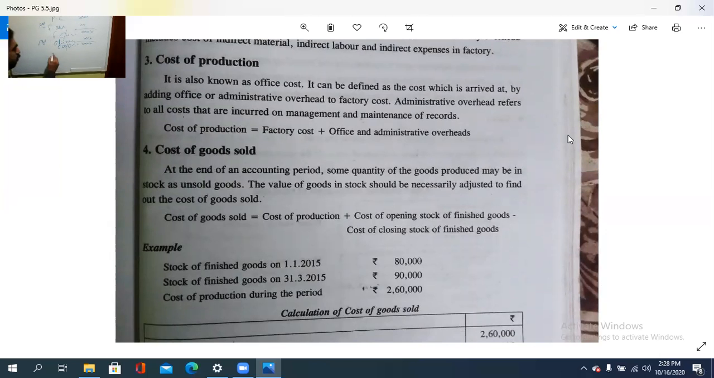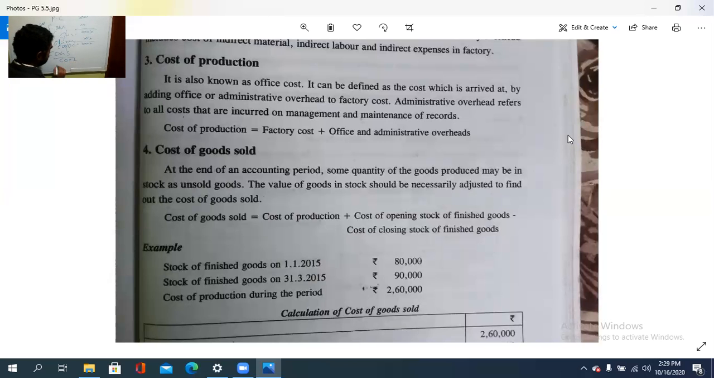Cost of goods sold, COGS. Cost of goods sold means at the end of an accounting period, some quantity of the goods produced may be in stock as unsold goods. They are kept as finished goods, unsold. That means some goods will remain unsold. If the adjustment between their opening and closing is added to COP or office cost, we will get the cost of goods sold. So at the end of an accounting period, some quantity of the goods produced may be in stock as unsold goods. The value of the goods in stock should necessarily be adjusted to find out the cost of goods sold. Therefore, COGS is equal to